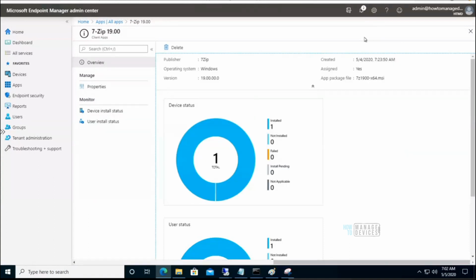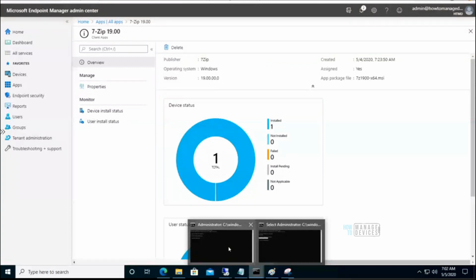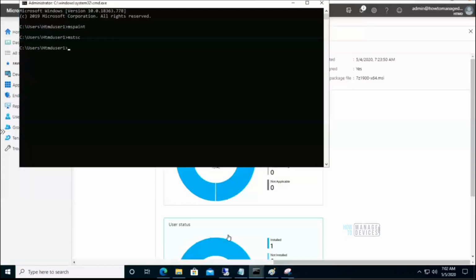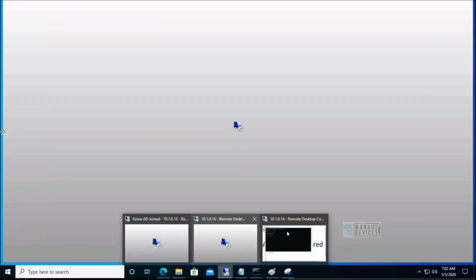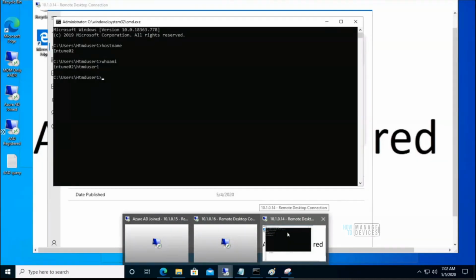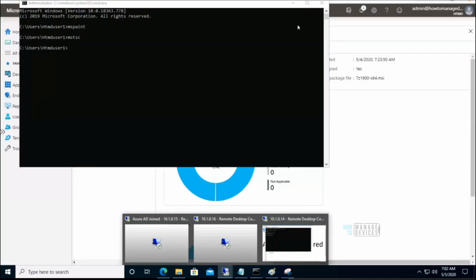I'm using MSTSC from this local Intune 01 VM to connect to all the other VMs, the Azure AD registered and Azure AD joined VMs. That is the only way it works in Azure at the moment, if you are testing with Azure.